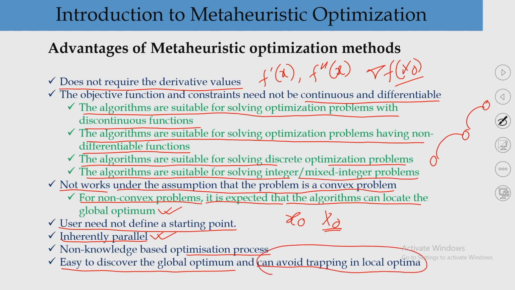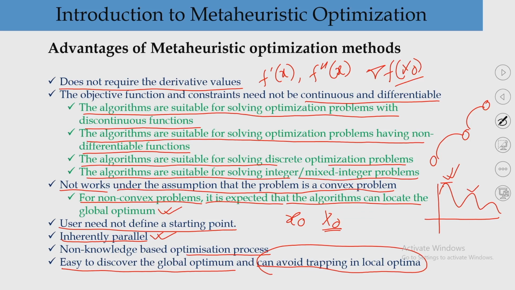That means, suppose your function is something like that and I would like to find the global minima, I may get this particular one, and similarly, if I need to find the global maxima, that also I may get. So, I can easily avoid the other local optimal solutions. These are advantages of the